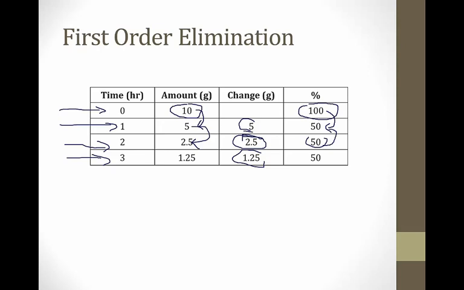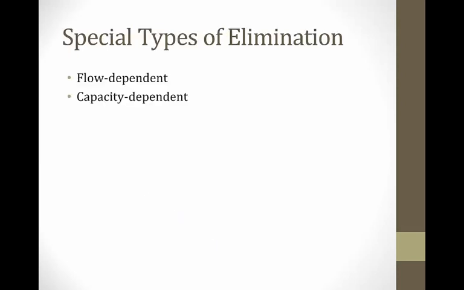And this is a number that's only useful for drugs that follow first-order elimination. For drugs that follow zero-order elimination, we can just report the change in time, like 5 grams per time, because it's going to be constant, like that straight line I showed you before. Now let's talk about two special types of elimination which sometimes come up on board exams and you should be familiar with,